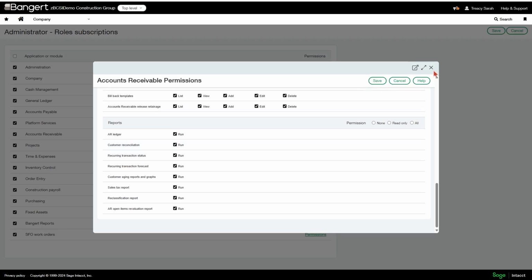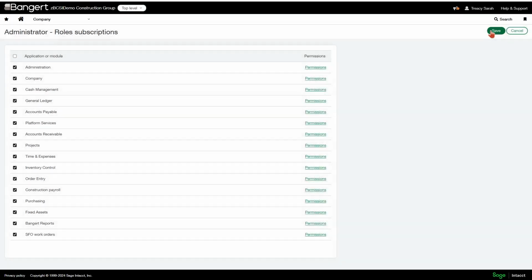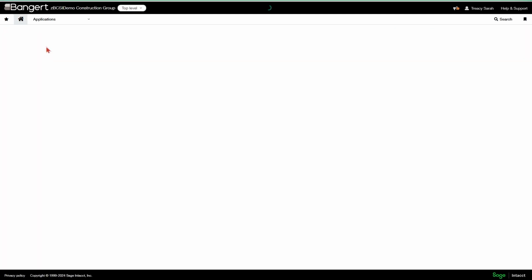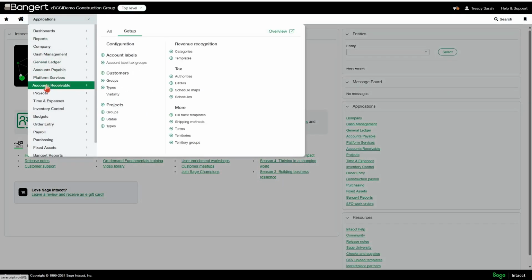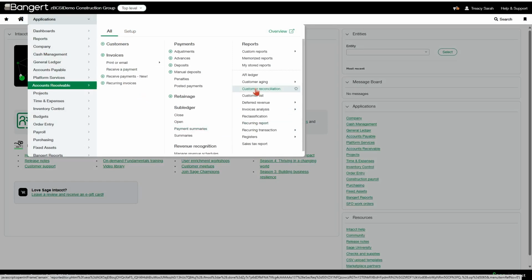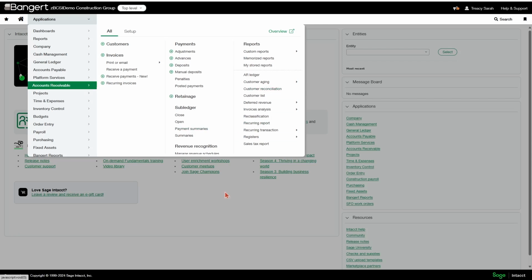Save. Save again. Refresh your browser. And within the accounts receivable module under the All tab, you should now see your customer reconciliation report. It's going to function in the exact same way as the vendor reconciliation report.